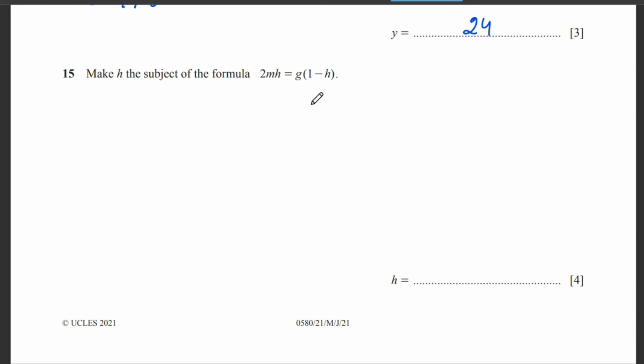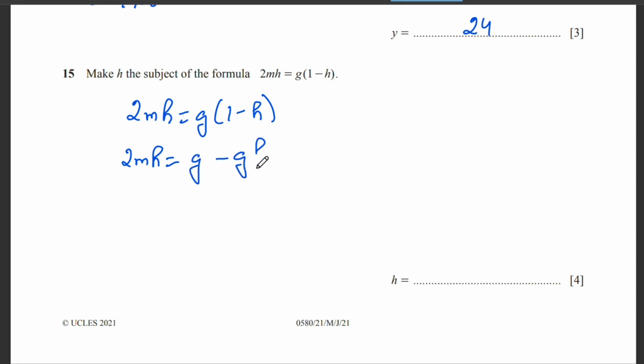15. Make h the subject of the formula. 2mh equals g(1 minus h). So 2mh equals g(1 minus h). Now first of all, opening the bracket, this will be g minus gh. So I'm taking gh to the left-hand side, this will be 2mh plus gh